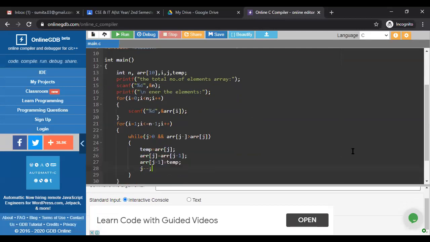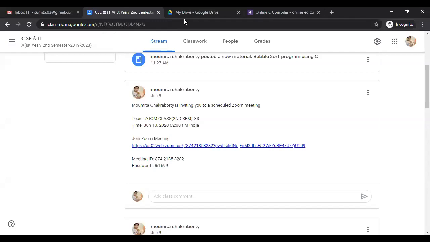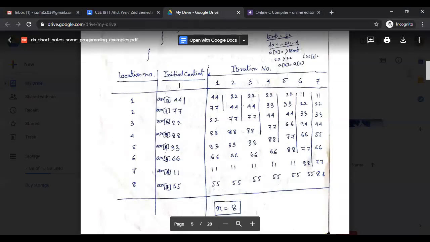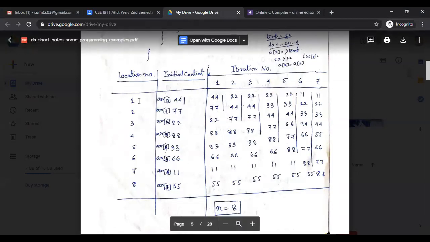Why am I writing in that way? Now consider the same example. Firstly, in our array, we have all these elements.